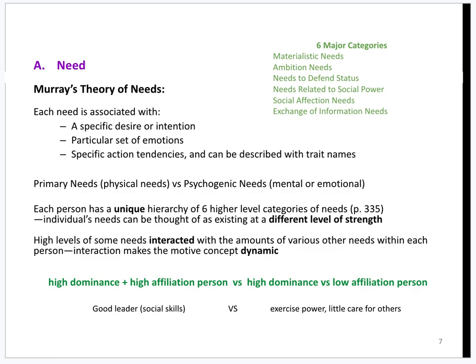Okay? So that type of person versus somebody who's high in dominance, same as this person, but low in affiliation. They want to run the group and delegate and tell people what to do and get the project done. But they're low affiliation. They don't really care about their teammates. They don't have any empathy. They're just wanting to get this done. They don't connect emotionally with the people. So they're going to present this way and they're not going to be a good leader. People are not going to want to work with them. They're not going to trust them. They're not going to be very efficient with their work because they'll be very low motivation, right?